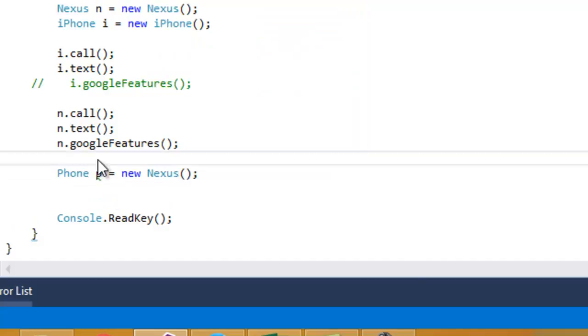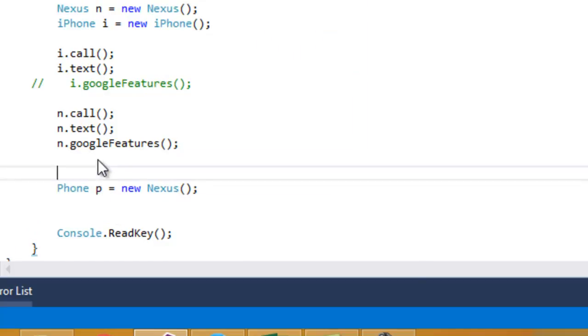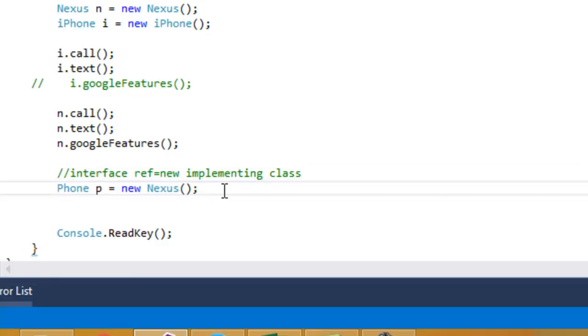By this way also you can create the object of the Nexus class. Here, Phone is an interface reference, and you are creating the object of the implementing class with new. That is another way how you can create the object of the Nexus class.